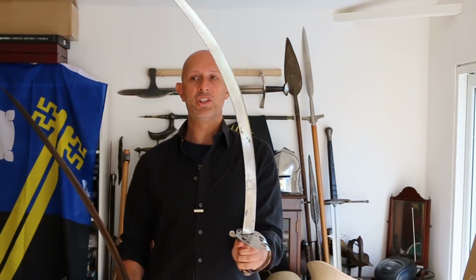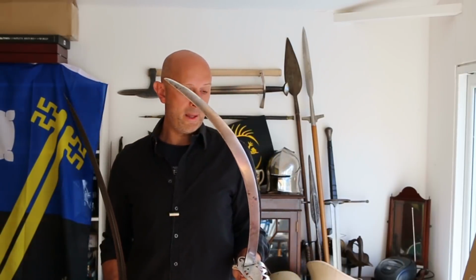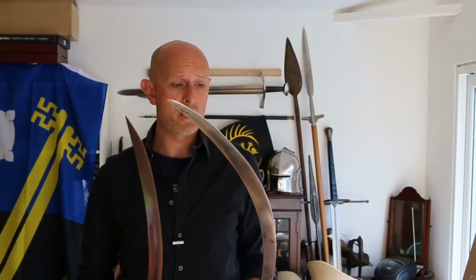So they're similar in some ways, but is there any advantage to the more curved one? Well, I think it comes back to what we've just been talking about. The more curved blade may be more beneficial on horseback in certain applications. It may be better at getting around shields, might be better at getting around a person's guard and using those sort of techniques. But look, if you look at the reach of the two weapons, although they're the same